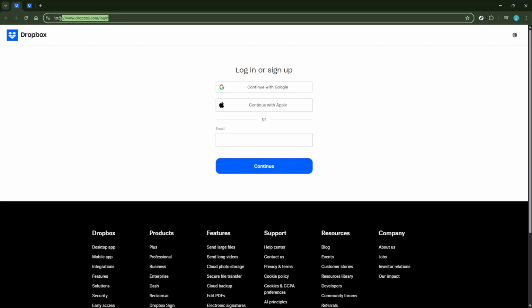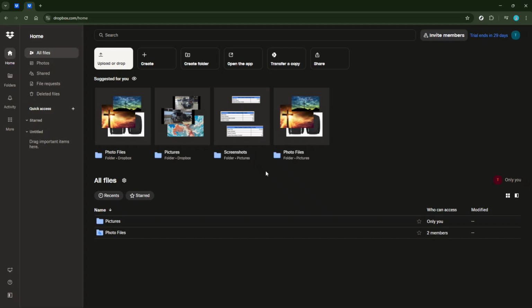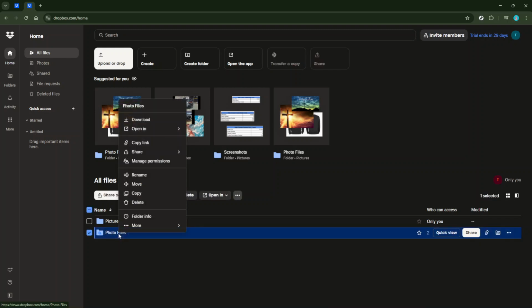First, you'll want to head over to Dropbox.com and sign in with your credentials. It's always a good idea to make sure you're logged in with the correct account, especially if you manage multiple Dropbox profiles. Once you're logged in, navigate through your files to find the specific file or folder for which you want to update access permissions. Whether it's a work document or a personal photo album, locating the exact item on your main Dropbox dashboard is the first key step.